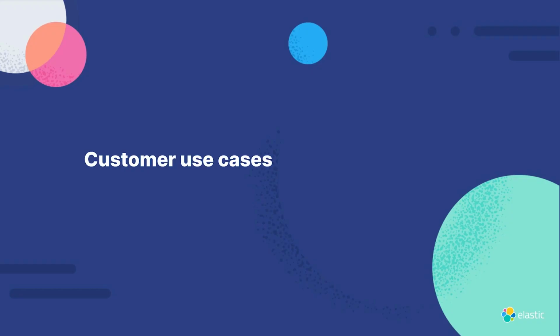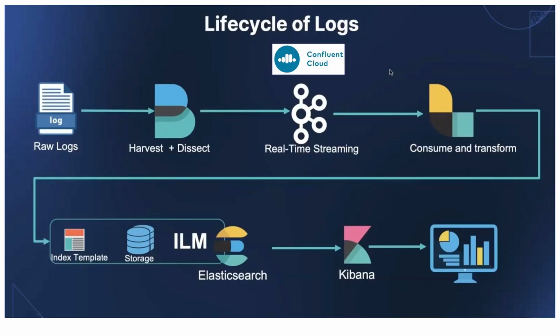So let's talk a little bit about some customer stories where we've actually seen this in real life out there in the wild. Now, Elastic and Confluent power one of the top software vendors' observability, security information event management, and ML ops solutions. It transforms their enterprise cloud data management capabilities.